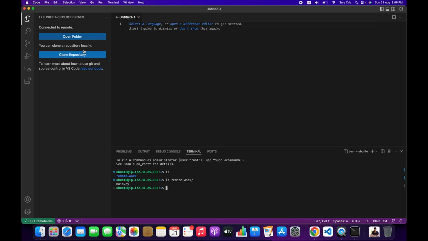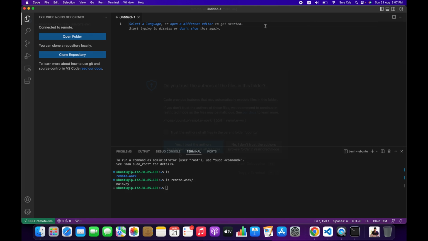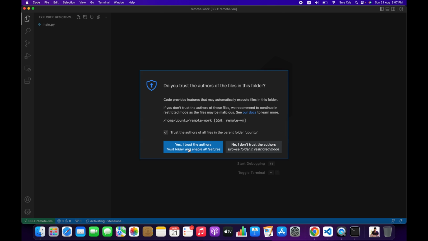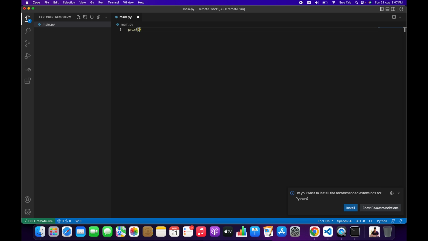Now apart from this, if you click on this button, that is open folder, it will list all the files and directories from the remote host. For the purpose of this video, we are going to open this remote-work directory. So I'm going to select that and click on OK. Click on yes, I trust the authors. Now it has opened the directory, that is remote-work, and within that directory we have this main.py that we have